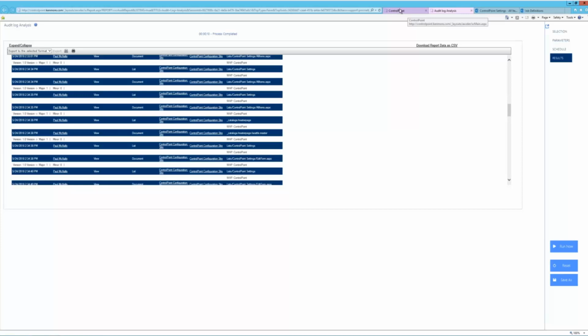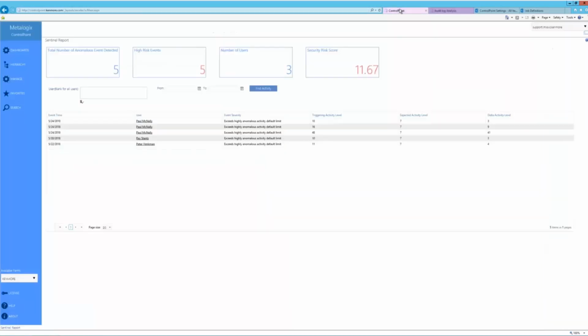So the audit log analysis report itself can give you a little bit more insight into what's actually being performed, what changes are being made. This is more a tool to give you information about what you need to change to maintain compliance and to prevent events that exceed anomalous activity limits. If you go in here and you see that a user that may not need to have access to a particular project site or a site for a client is looking at confidential data or legal agreements or things like that, you could remove their permissions, or you could notify them or their management team or anything like that. But it's more to provide visibility into the actual audit log events that are taking place and what would be